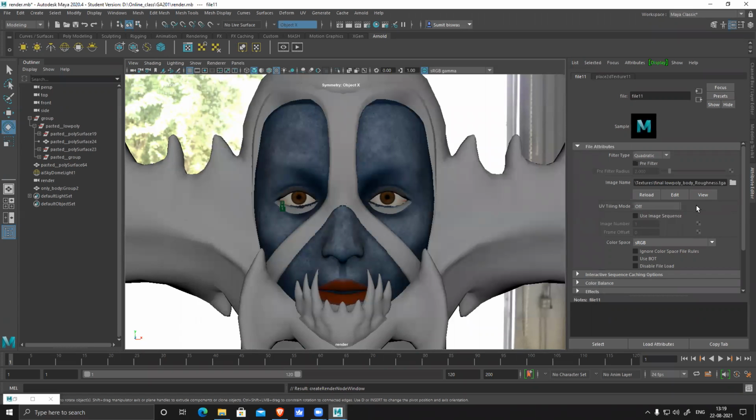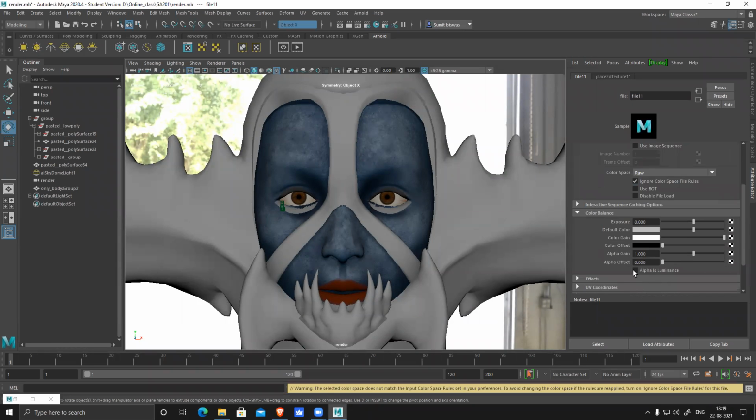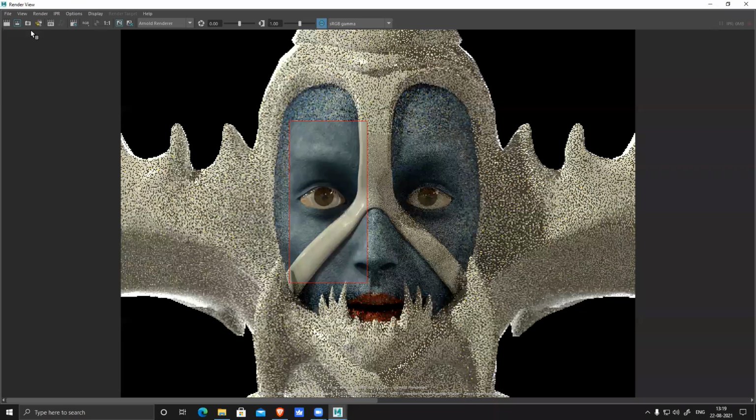It loads, and again the same thing: because roughness is a grayscale map, set it to raw, ignore color space, and color balance, alpha is luminance. Do it, and then let's come here and render it once again.